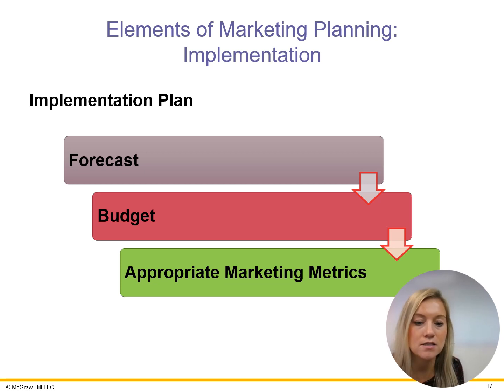Each must discuss timing, assigning persons responsible for various aspects of implementation, and assigning resources necessary to make the strategy happen. Forecasts and their accompanying budgets must be provided, and then appropriate metrics must be identified to assess along the way to what degree the plan is on track and the strategies are contributing to achievement of the stated marketing objectives.